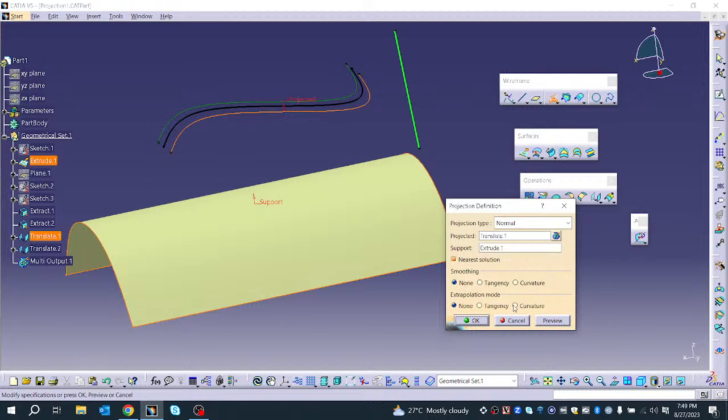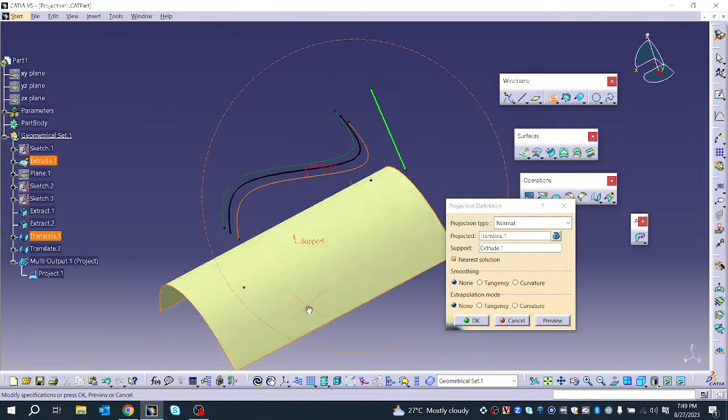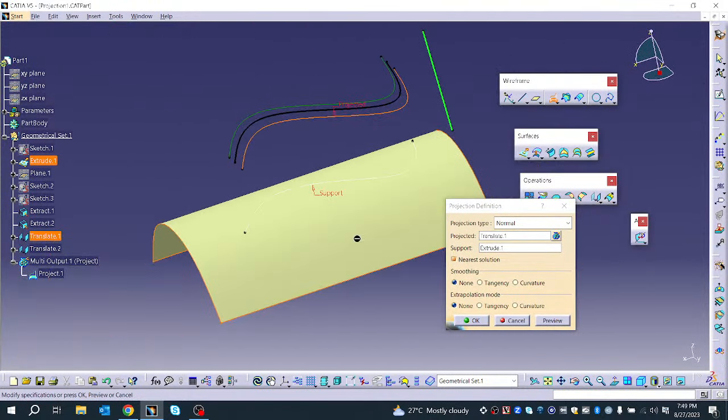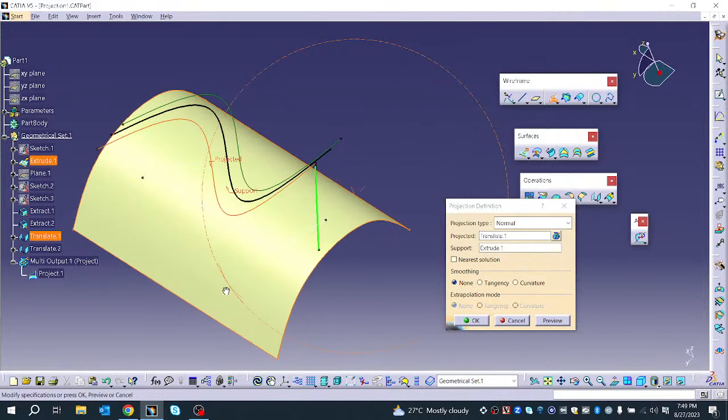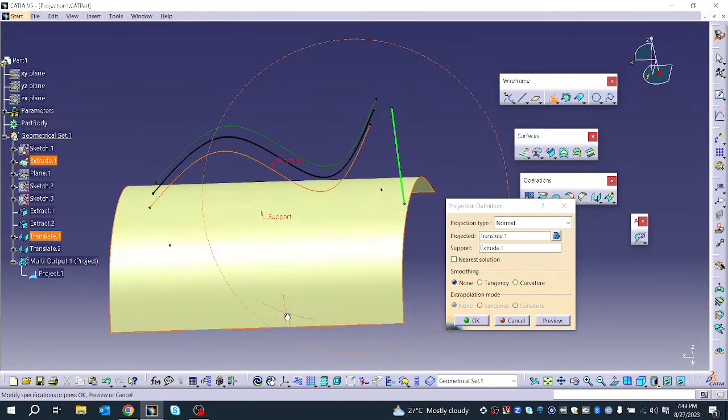Extrapolation mode, tangency or curvature, you can see. So first we will go with the normal one. You can see the change. Just see the change, what is happening with the different option. If I check this nearest solution, you can see it is going far, the length of